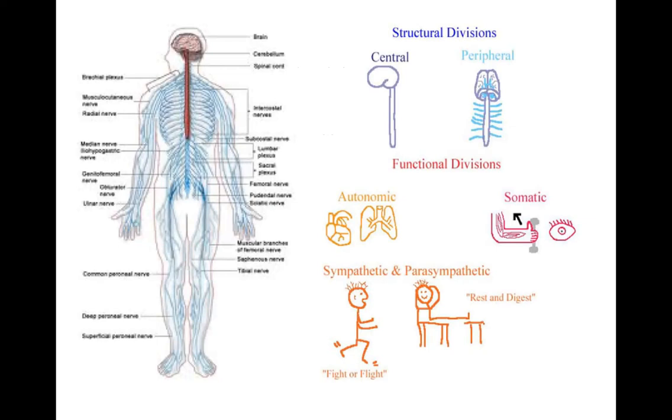So there's the central nervous system. Make sure you understand that that's the brain and spinal cord only. So the little diagram, brain, spinal cord, that's it. The peripheral nervous system consists of the cranial nerves and all the spinal nerves. And then the functional divisions are the autonomic, which means that it's regulating the heart, the breathing, and those kinds of things, and somatic, which is the movement of muscles. And then there's the sympathetic and parasympathetic, and sympathetic is fight or flight, and parasympathetic is rest and digest.